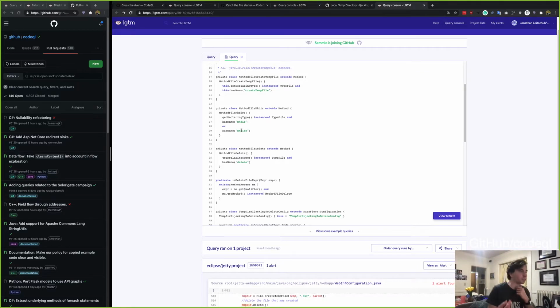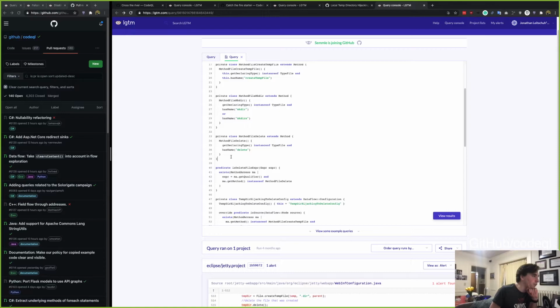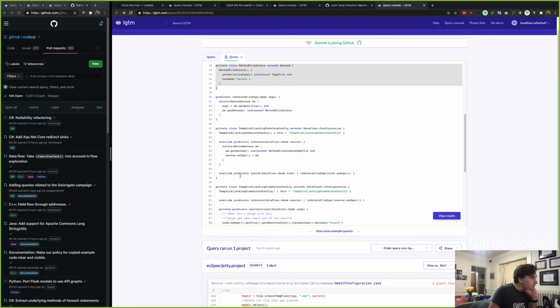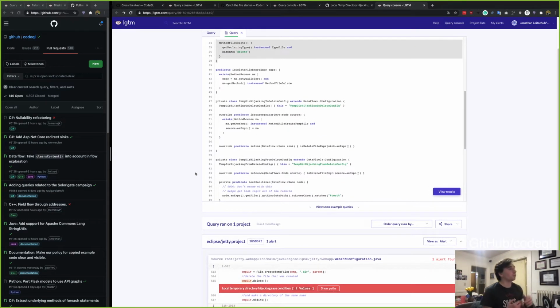They both behave basically the same way. They both need to return false, so both would be vulnerable. And then I also have a thing that defines what a delete method looks like. So the first bit of data flow that I'm looking for is a flow from the method createTempFile